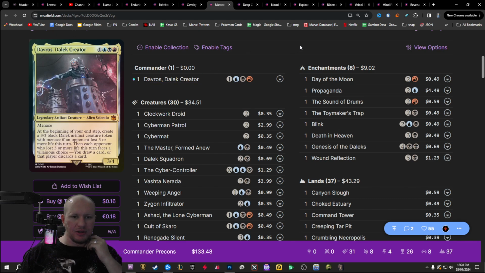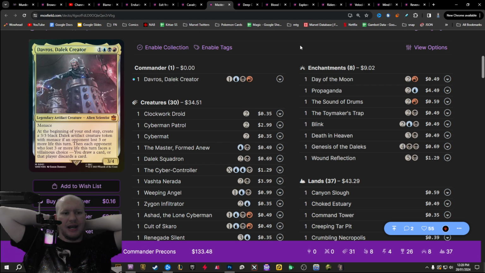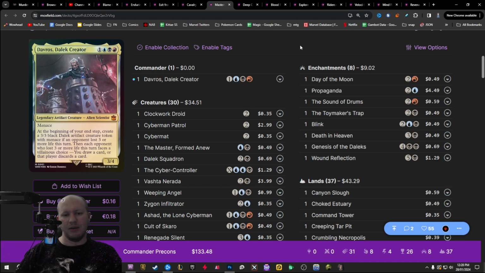So this is from the Doctor Who set. Personally, I like the idea of taking this one and combining it with the Mishra's deck as well to create an artifact deck with a whole bunch of Daleks and everything going around the place. The Masters of Evil one has some clear ways to upgrade it because